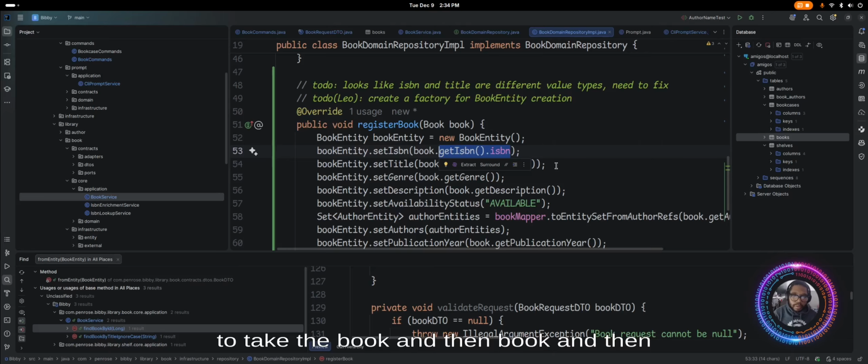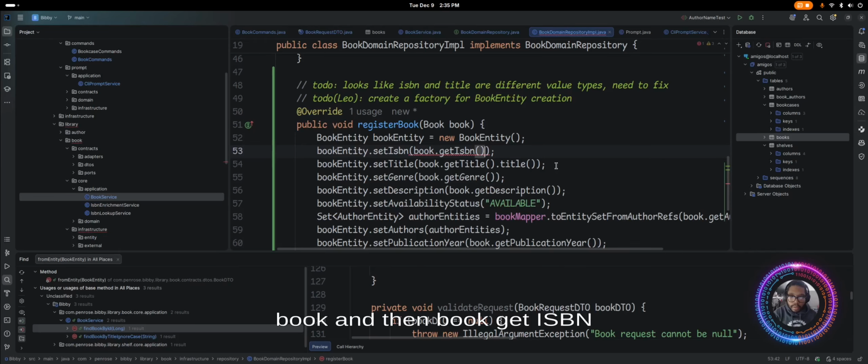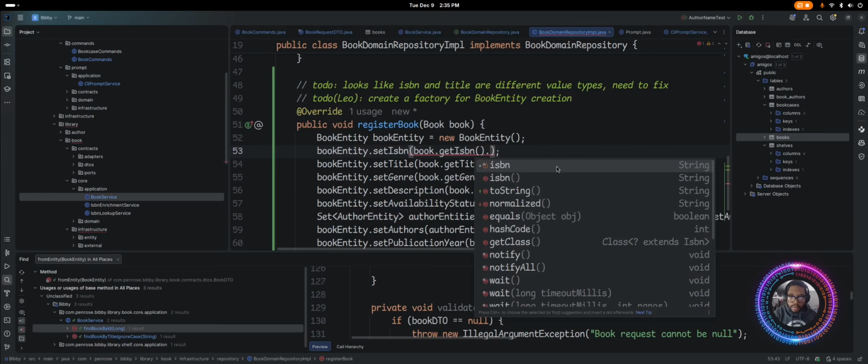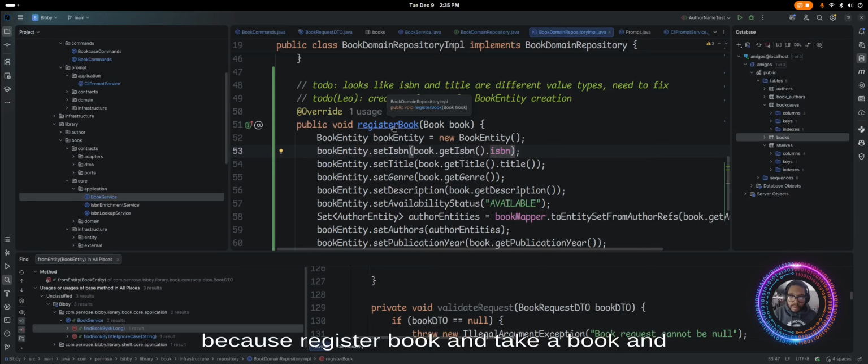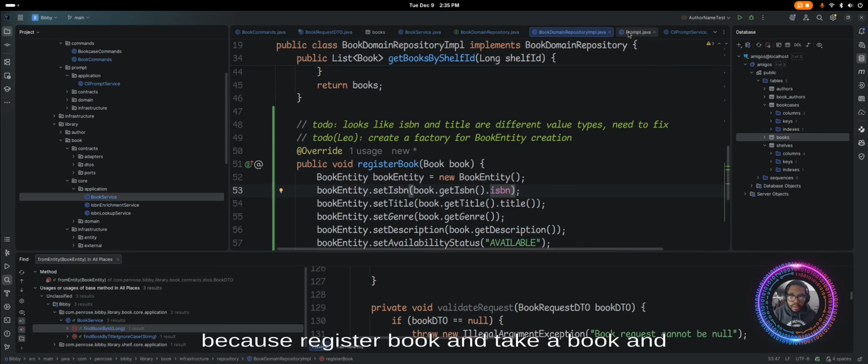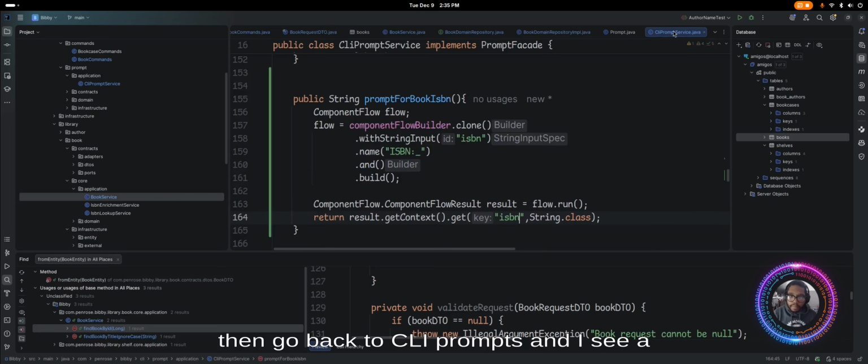and then the book, get ISBN. ISBN. Because registered book, take a book, and then go back to CLI prompts,